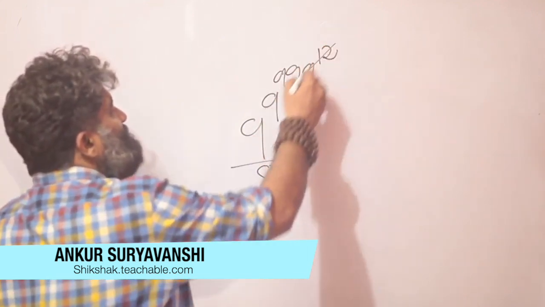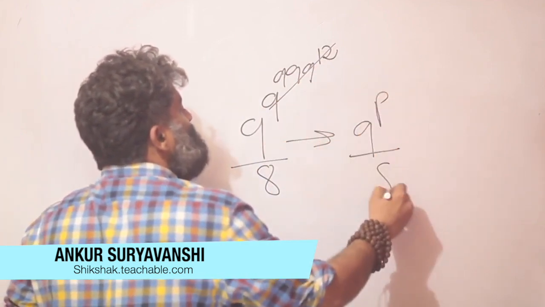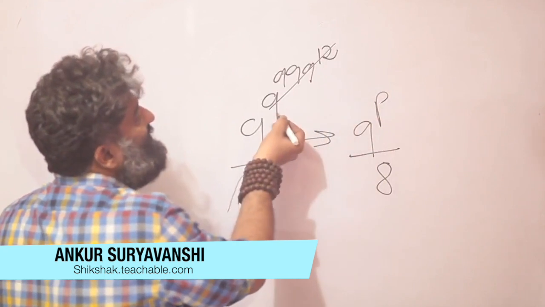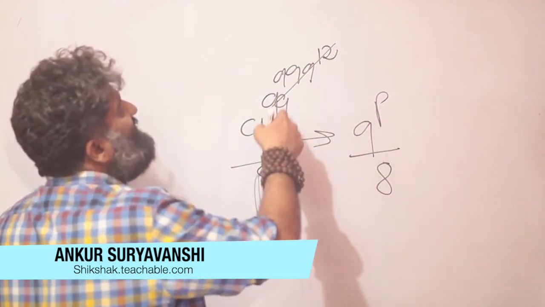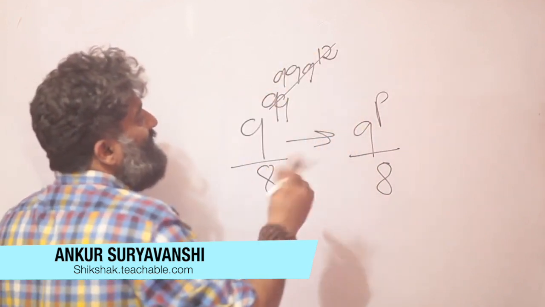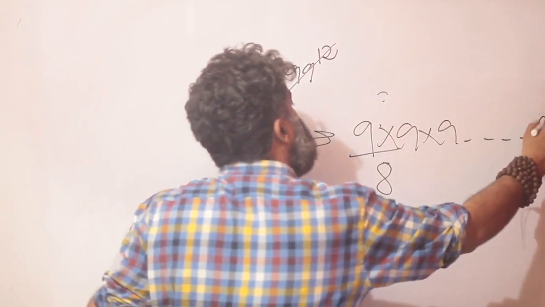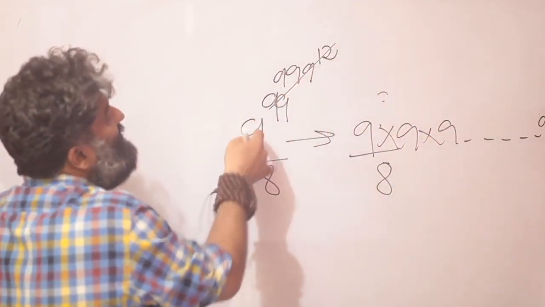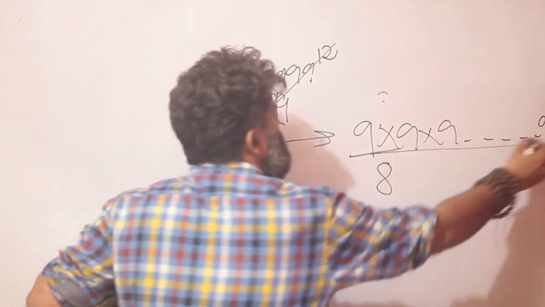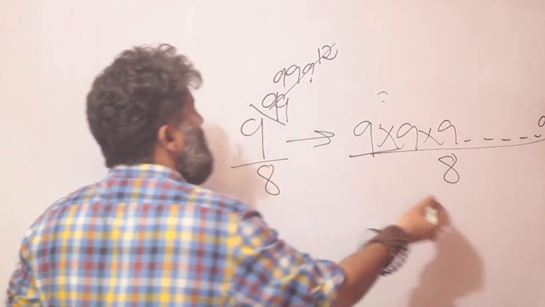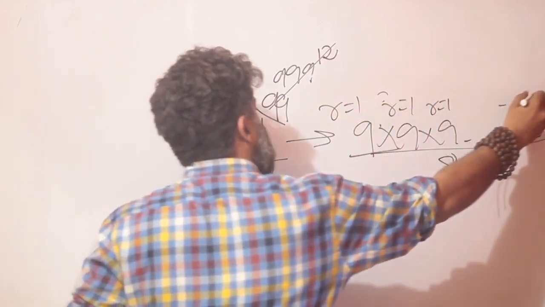So instead of this big number, think of this as nothing but 9 raised to p divided by 8. Let's call this p, 99 raised to 999 raised to 12. This p means there are a lot of nines, I don't know how many, but a lot of nines, from this point onwards. But each of them is being divided by 8. That means all of them are going to give you a remainder of 1, 1, 1, 1, 1, 1.